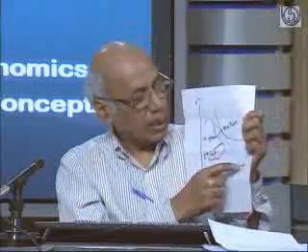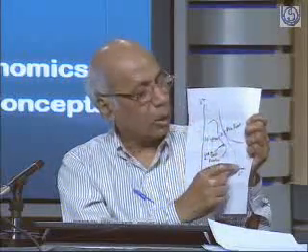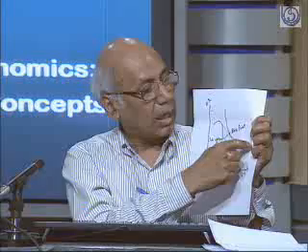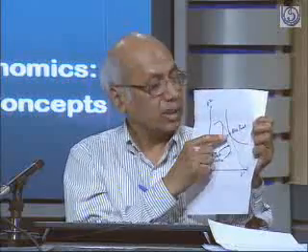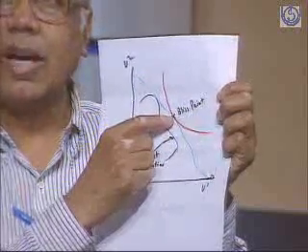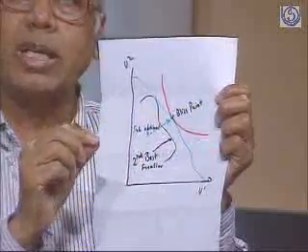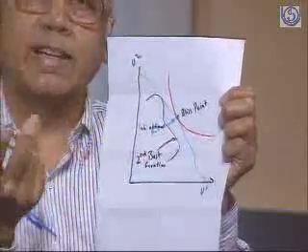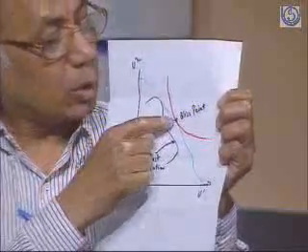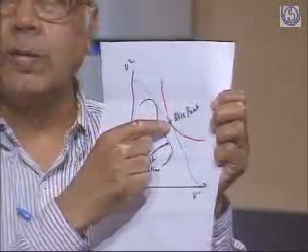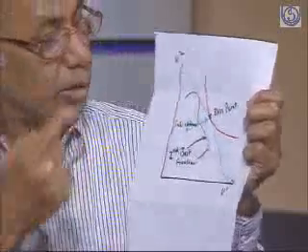You combine the two together: the green line represents the Pareto optimality frontier. This represents the highest social welfare ranking. So this point of tangency is what is called the bliss point. Why is it called the bliss point? Because this is where the social welfare ranking is the highest, and you are also on the Pareto optimal frontier. So this is the point that society has to try to achieve.